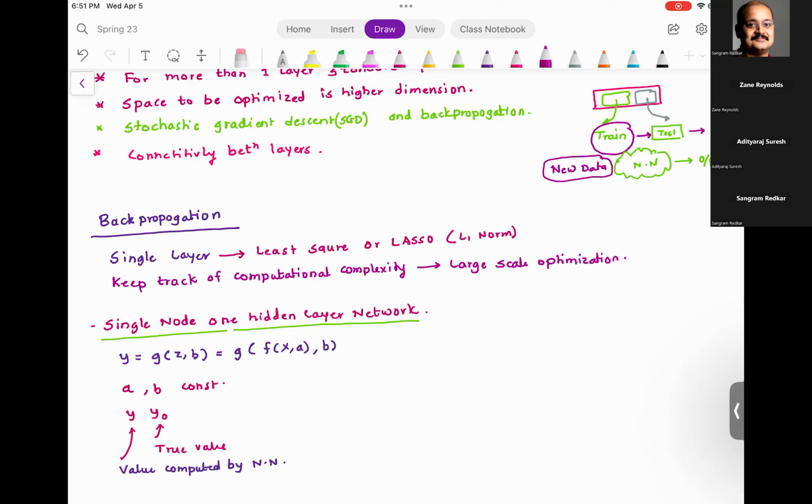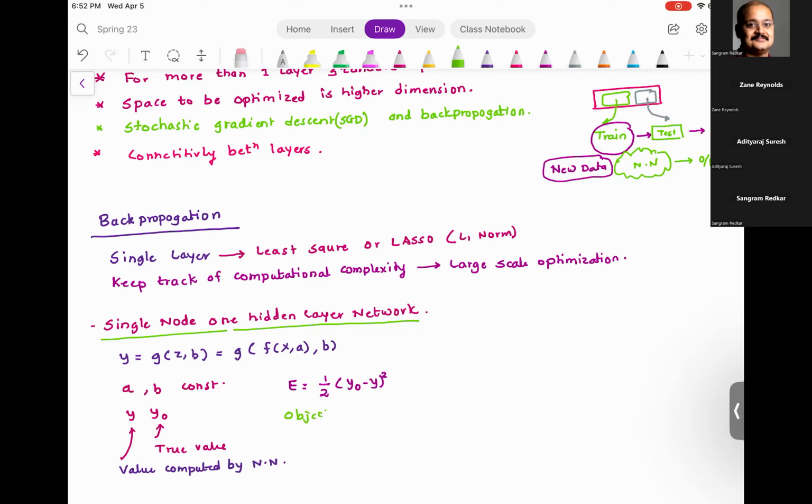So your error E is equal to 1/2 (y0 minus y) squared. This is the actual error,